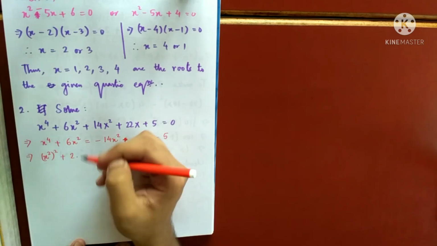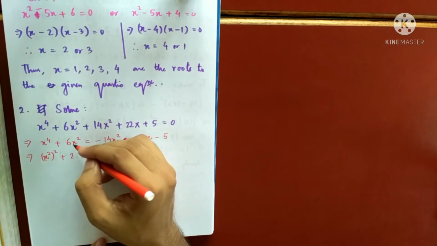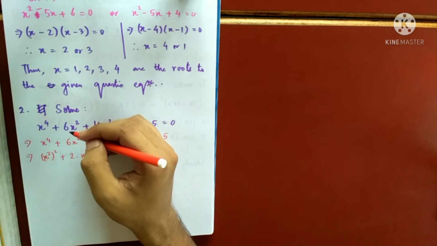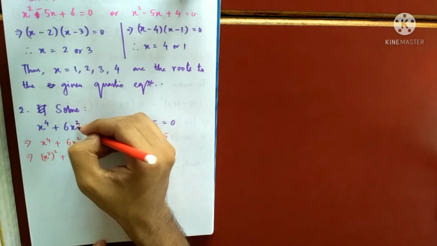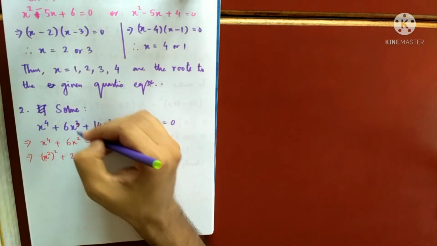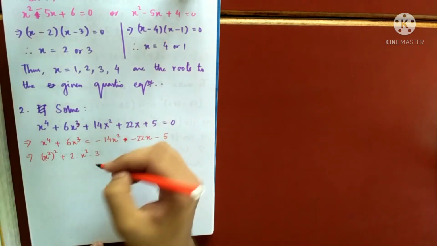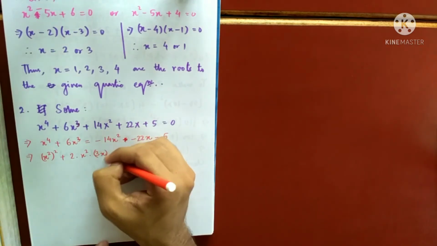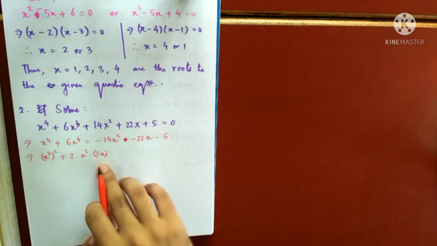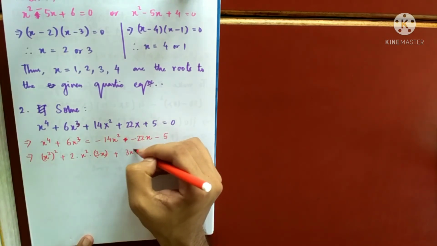I can write this as 2 into x square into c. Sorry, this should be x cube. So sorry, they have given a wrong question. So this is x cube, and this is 3x. So 2 3s are 6. x square into x is x square. Okay, good enough. So to make this a perfect square, so 2ab, I have to add 3x whole square.